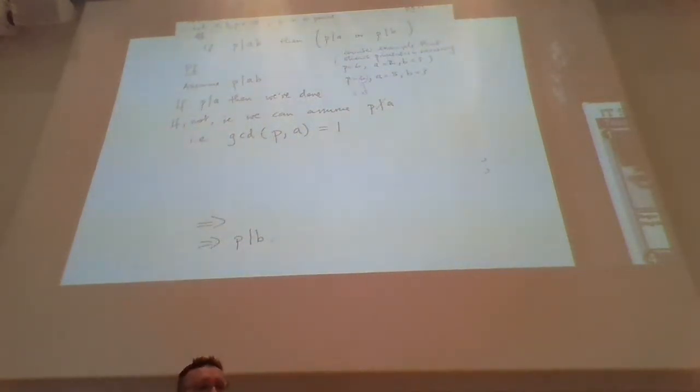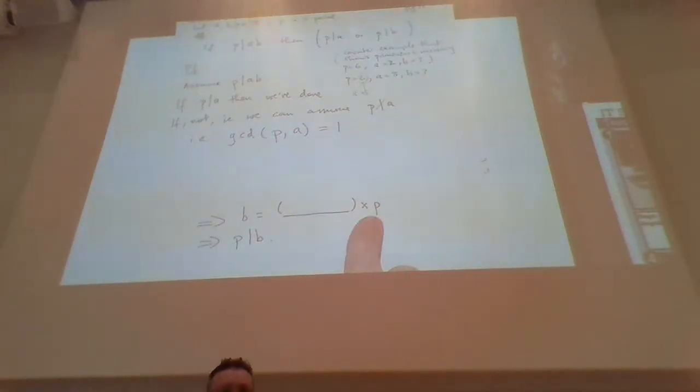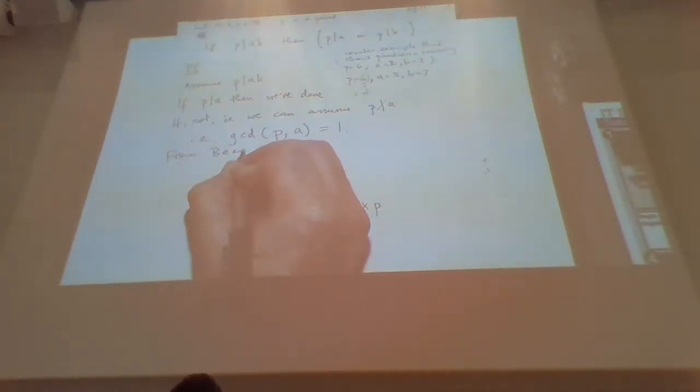How do you reach a conclusion that P divides B? You can only reach that conclusion if you've seen the factorization that B is something times P. Yeah. If you see this kind of factorization with an integer times P equal to B, then you can say that P divides B. And as is so often the case in these arguments, this thing comes from the linear combinations, the Bezout's identity. Okay. So from Bezout's identity,